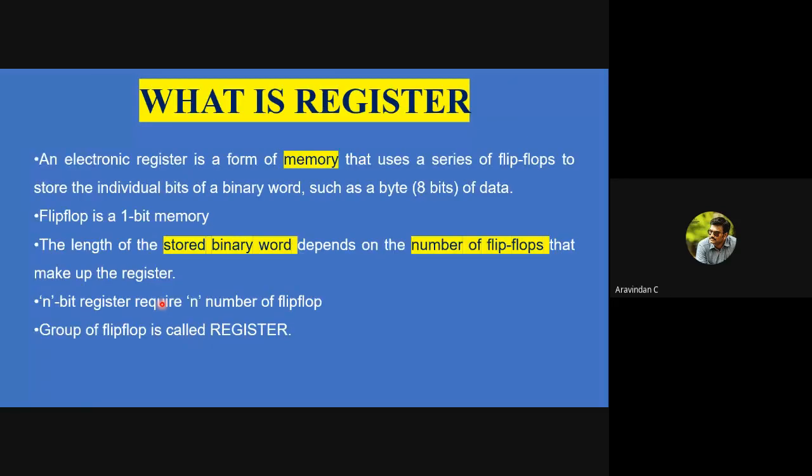Now, what is a register? As everybody has a registration number, if I type a registration number in the ERP, what happens? It is going to give all the details starting from your first semester till you are currently in second year. So your results up to your second semester, and your address, your phone number, email ID, etcetera.